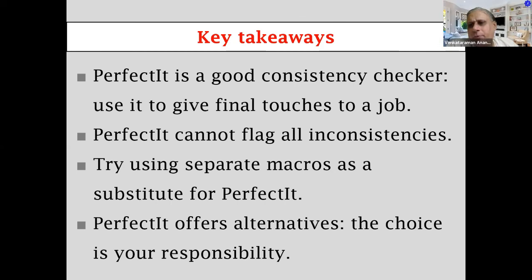It might help if we understand how Perfected works. What it does is it takes the entire document and breaks it completely into independent words, hyphenated words or independent words. Then it tries to match these to look at inconsistencies. That is all it actually does. Behind all the 35 tests, there is simply one core engine, and this is the function it does. It simply breaks down the entire document into words.